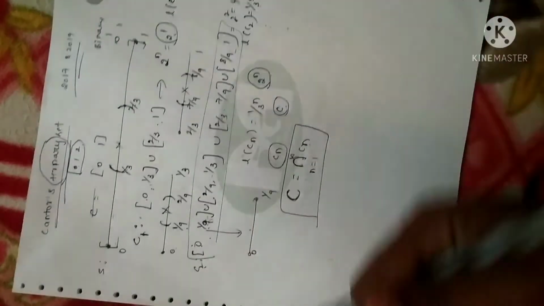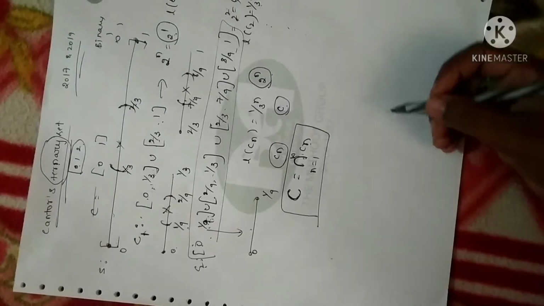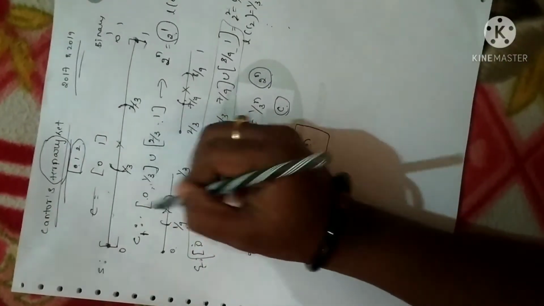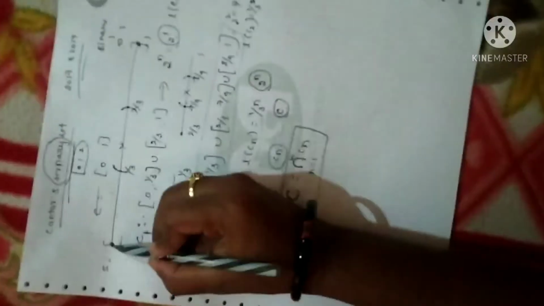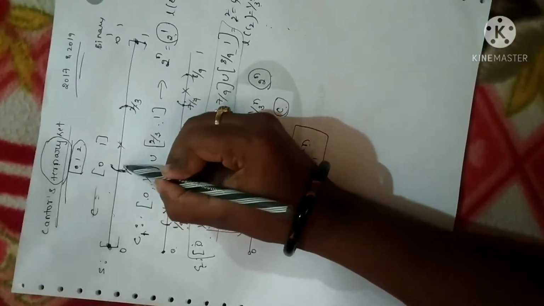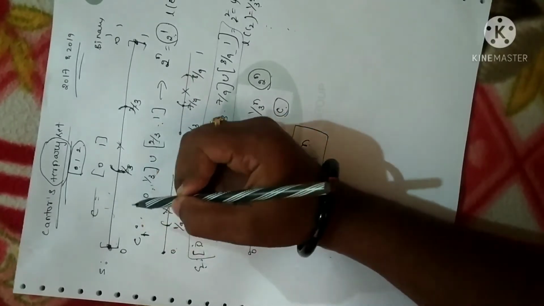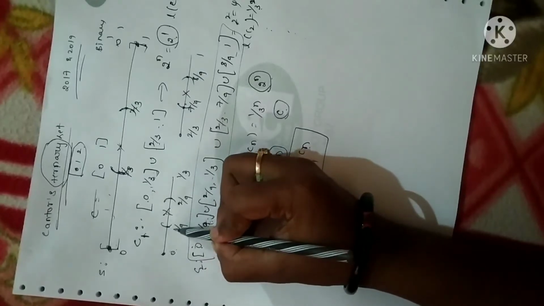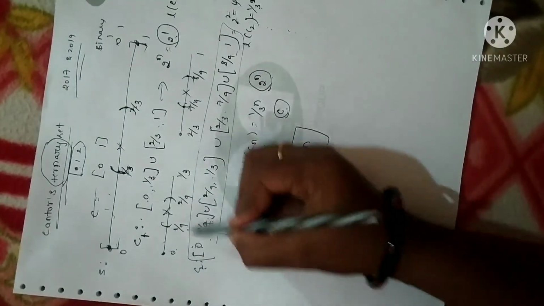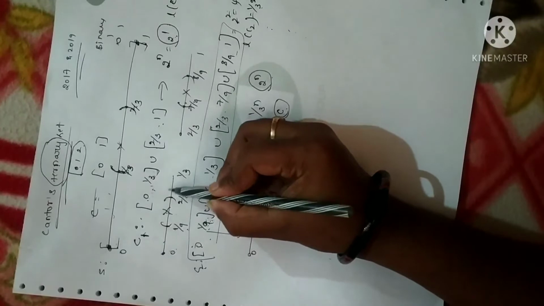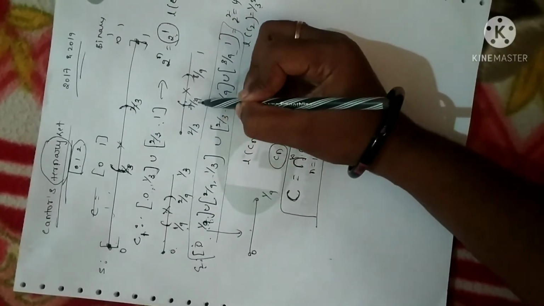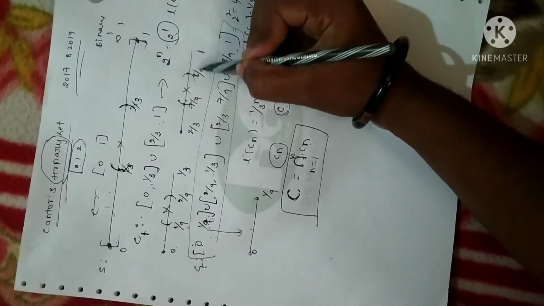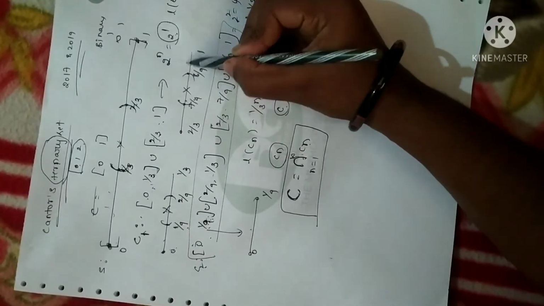Now, moving on to the next concept. Remember, you can look at the example here. In between 0 and 1 by 3, we are not going to get 1. Right? Why? Because 1 is the peak value. Fine. Similarly, in between 0 and 1 by 9, we are not going to get 1. Again, in between 2 by 9 and 1 by 9, we are not going to get 1. Again, between 2 by 3 and 7 by 9, we are not going to get 1. Again, between 8 by 9 and 1, we are not going to get the number 1.